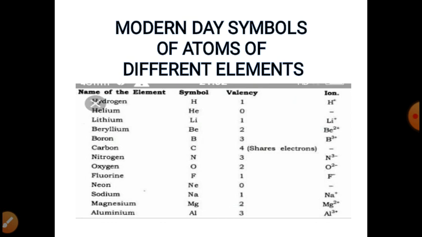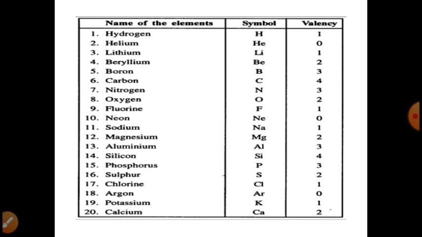The first letter of a symbol is always written as a capital letter and the second letter as a small letter. For example, aluminium, capital A, small l, cobalt, capital C, small o. Symbols of some elements are formed from the first letter of the name and a letter appearing later in the name. Examples are chlorine and zinc.